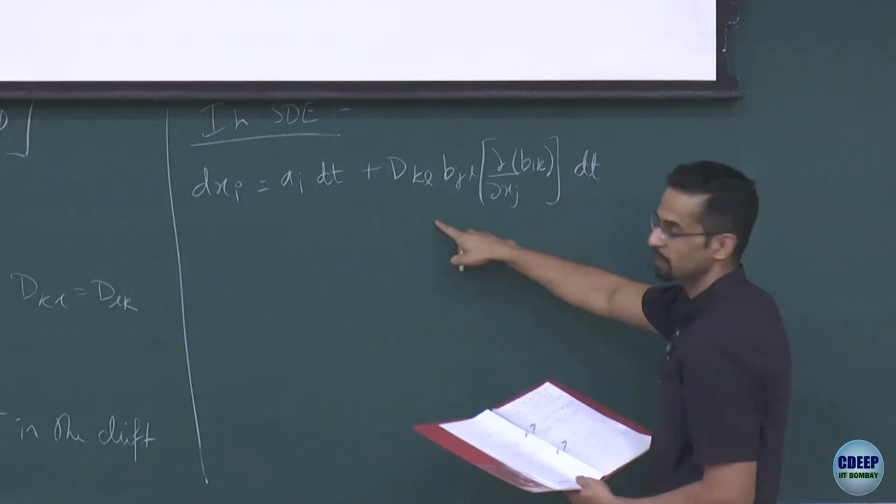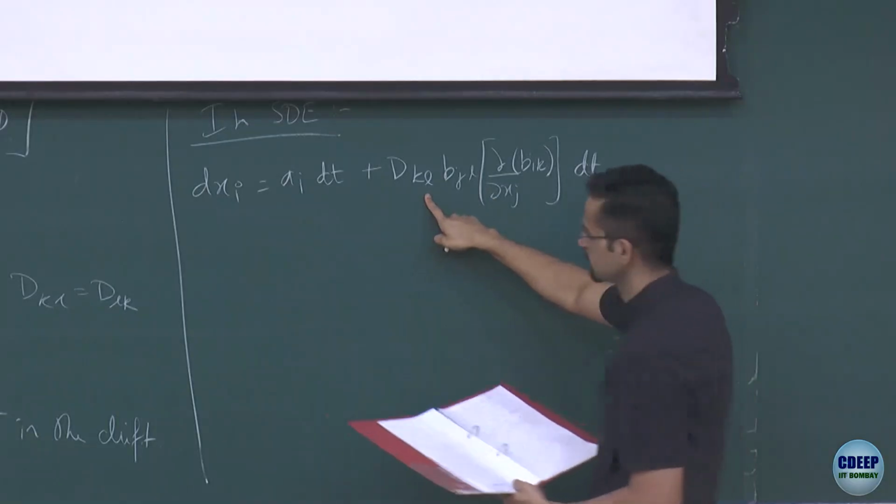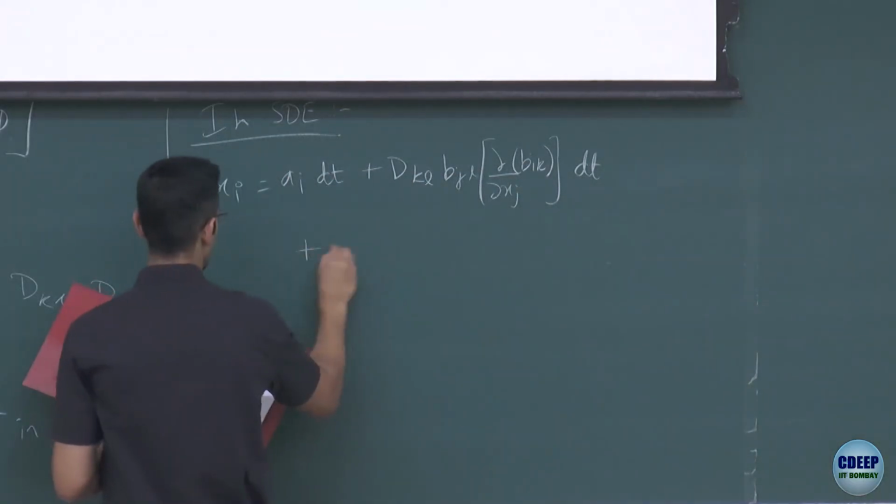I have this extra drift, which I have to think what to do with, whether D is not symmetric. Okay. And then I have this